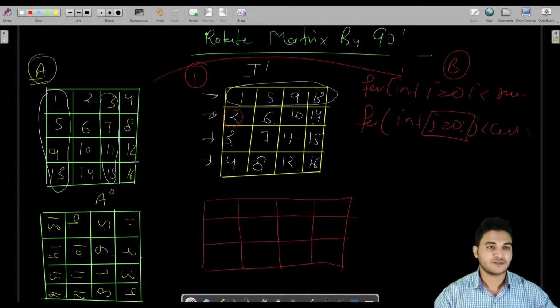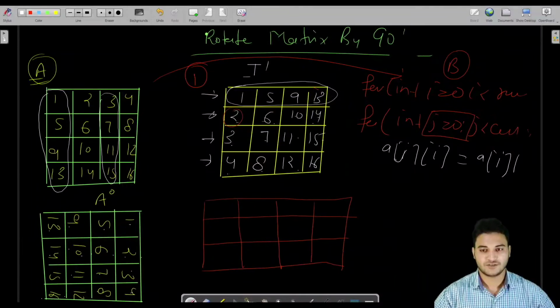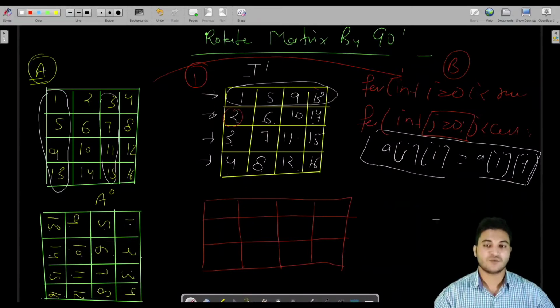Suppose we have this matrix and we have to take its transpose, so put this column into this one. So what is the condition? Put A of j i into A of i j. That means put A of i j into A of j i. Of course, we have to swap these values. Here would be a swapping logic.